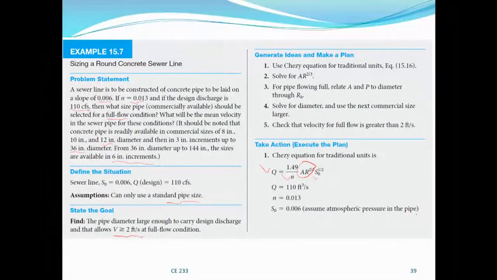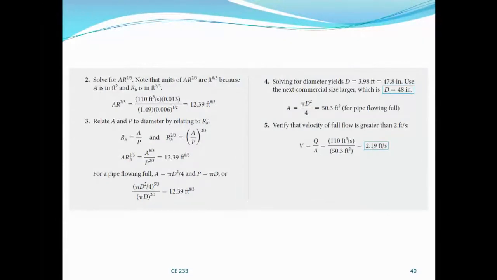So it's still flowing as open channel flow. Okay, so it's not really a pipe flow, because for us to apply the Chezy-Manning equation, it has to be an open channel flow, not pipe flow. They are only applicable to open channel flow. So here we made the section factor the subject of the formula, and from there,